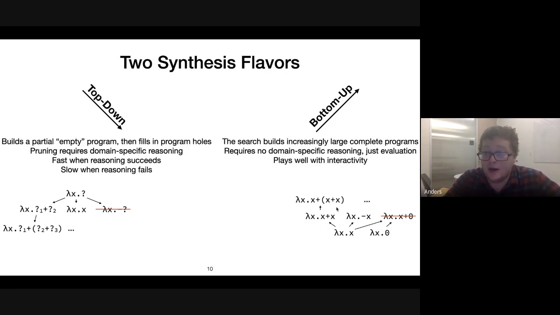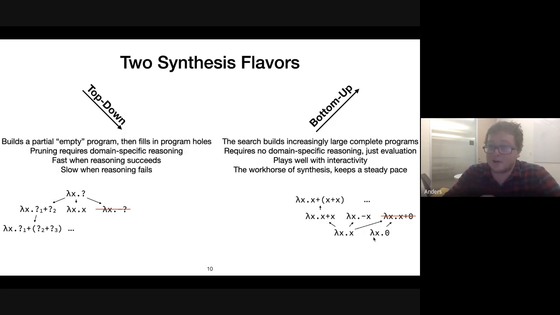Another idea, just quickly to mention, is that you're not searching through the search space of all programs, but through the search space of all programs modulo equivalence, basically all equivalence classes of programs, where equivalence classes are semantic equivalents. Also, this is a bit of a workhorse.